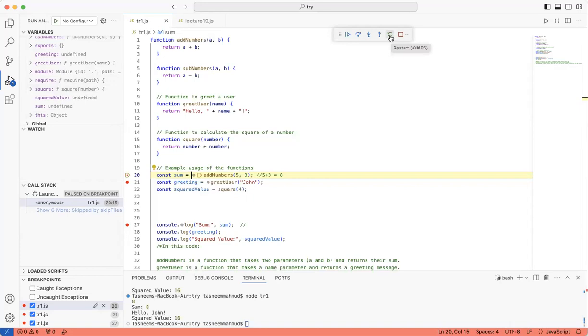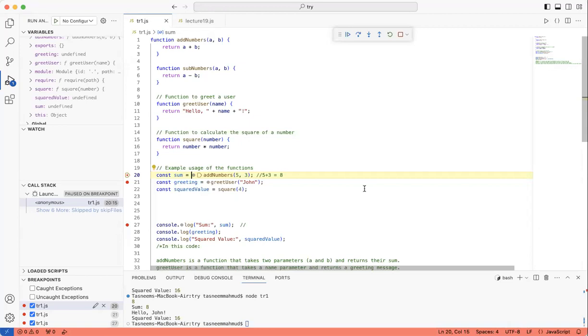All right, okay. So now the debugger is starting from the top. Now, let's not run it right away. Let's try to actually debug what's going on. We are creating a sum, and what if the answer is not correct?